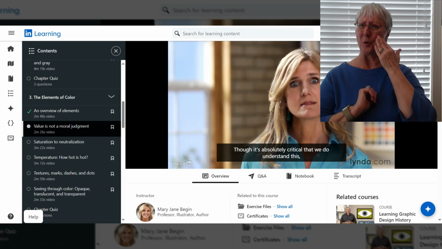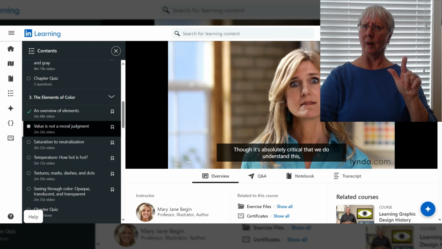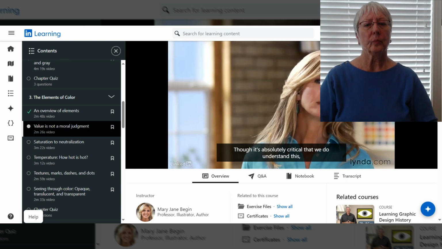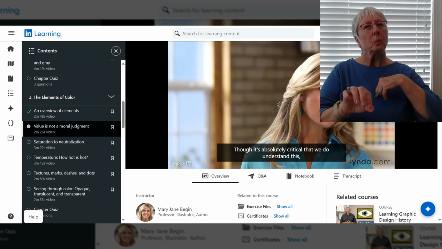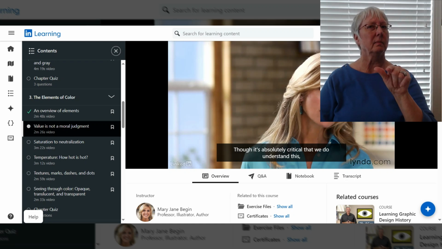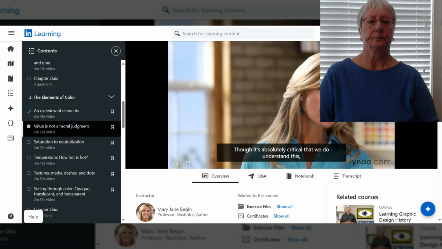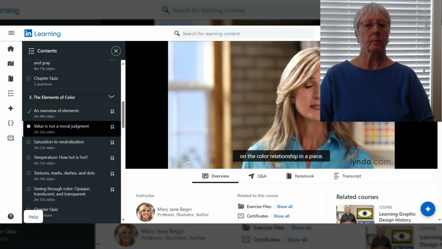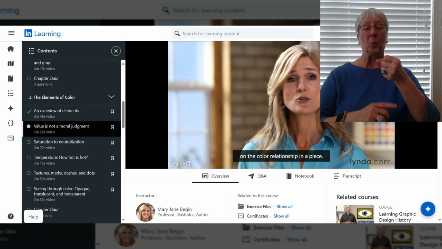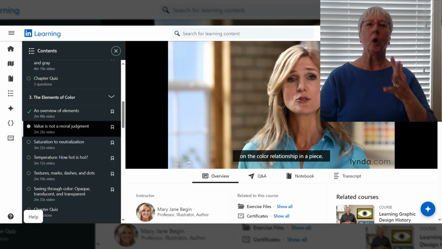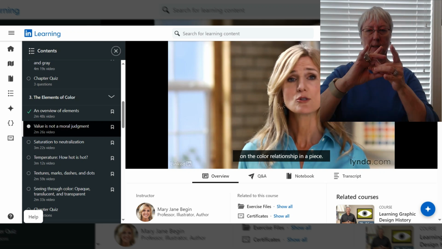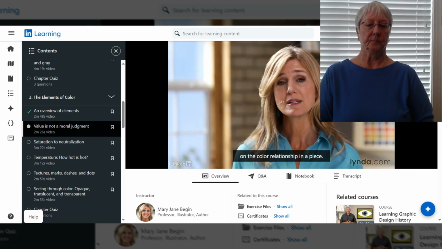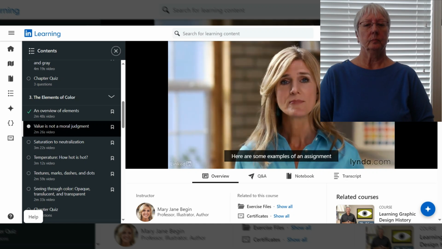Though it's absolutely critical that we do understand this, as it has a direct impact on the color relationship in a piece. Here are some examples of an assignment that